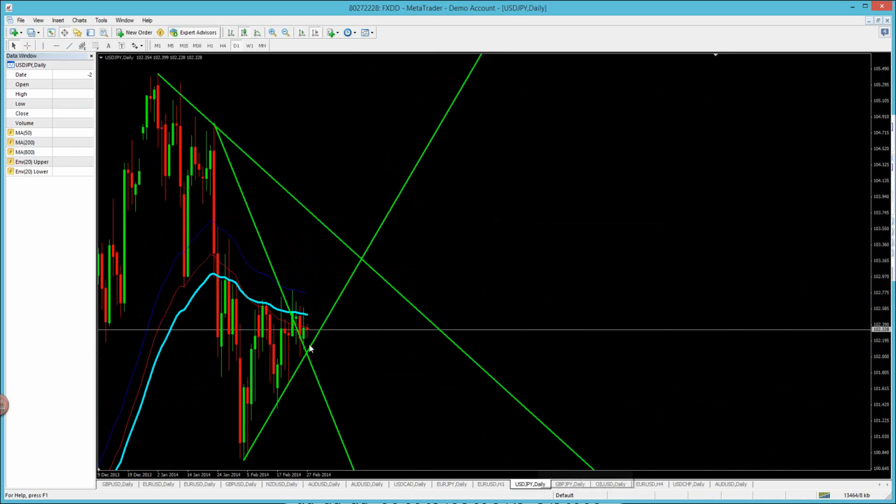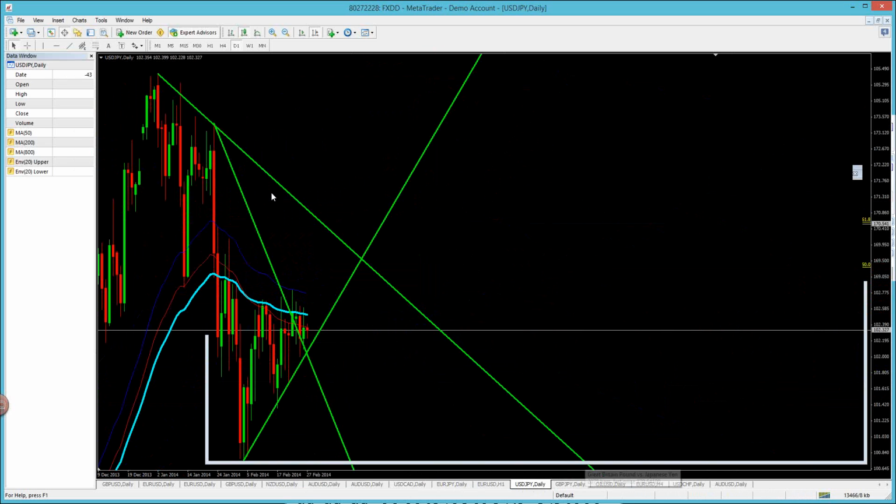Across the board, I got pretty much buys here, guys. Also here on the dollar yen, looking for price to move up, retest 102.07, and then price move up. As far as the